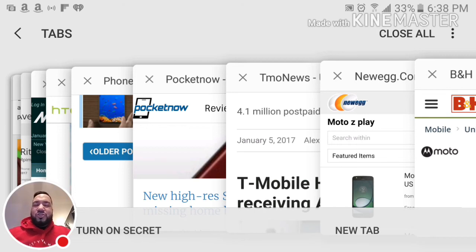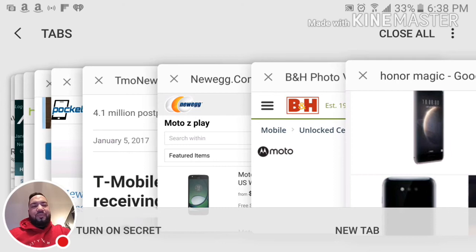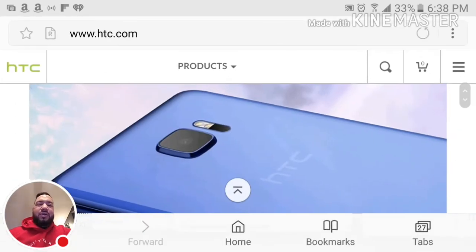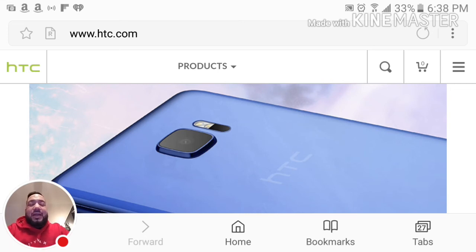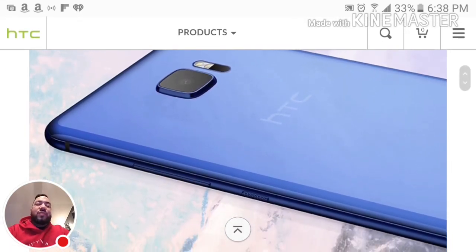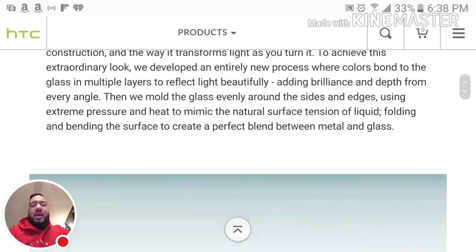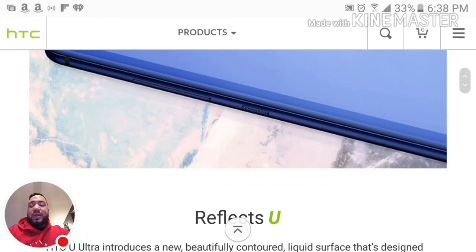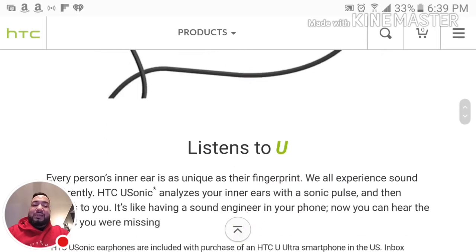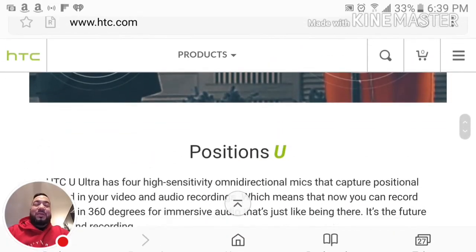I didn't see much other than the HTC U Ultra. I know HTC, this is one of the devices that might pull them out of the gutter, but again, the glass design, cool. The camera is supposed to rival the Pixel, which is the best camera out right now. But again, $749, 3,000 milliamp battery, no 3.5 millimeter headphone jack,